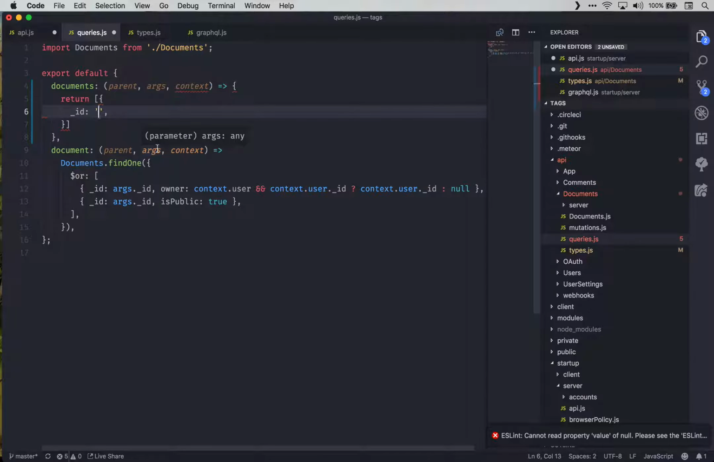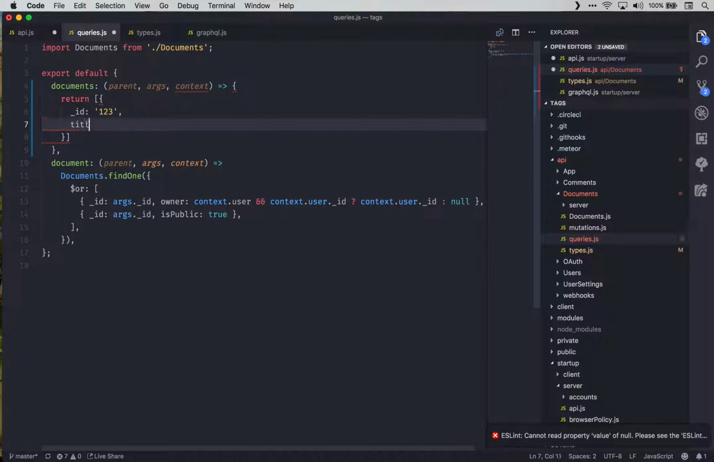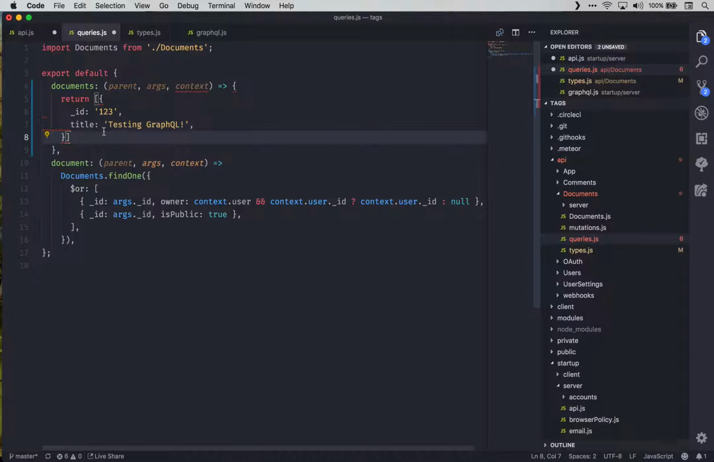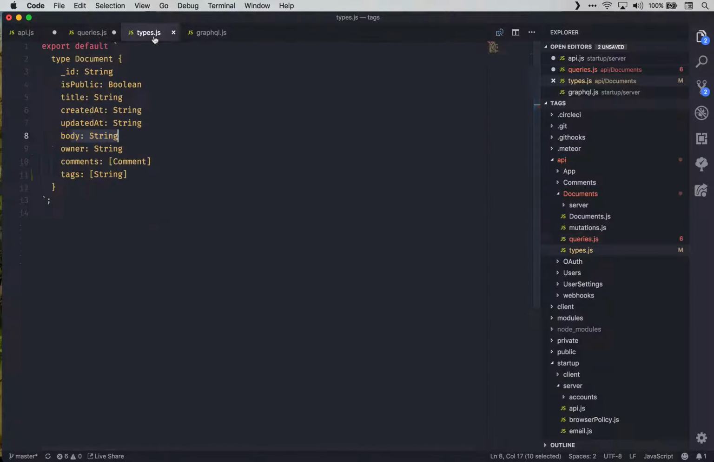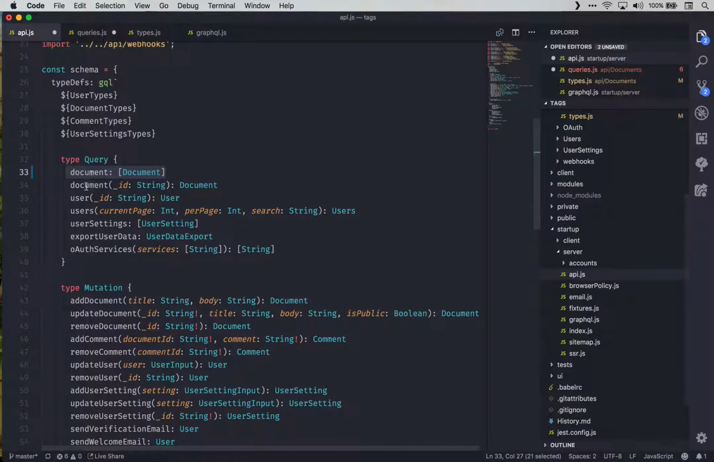And so if I say ID 123, and then we'll say title, and we'll say testing GraphQL, and say this was all the data that we sent back. So our array had an object in it, but it only had ID and title. As far as GraphQL is concerned, this is perfectly fine, because what we're doing is we're matching GraphQL's expectations for the shape of the data that we specify as being returned